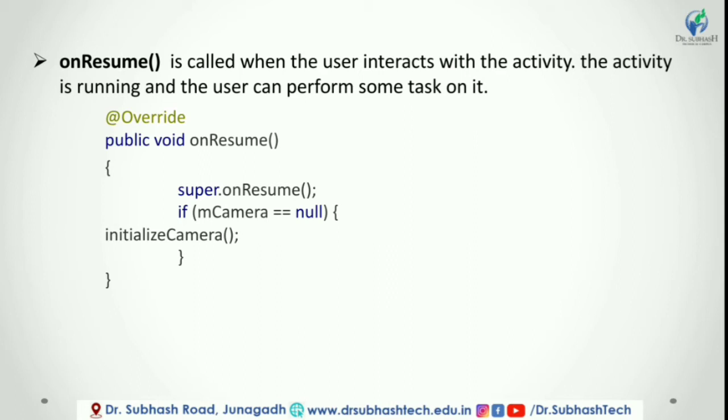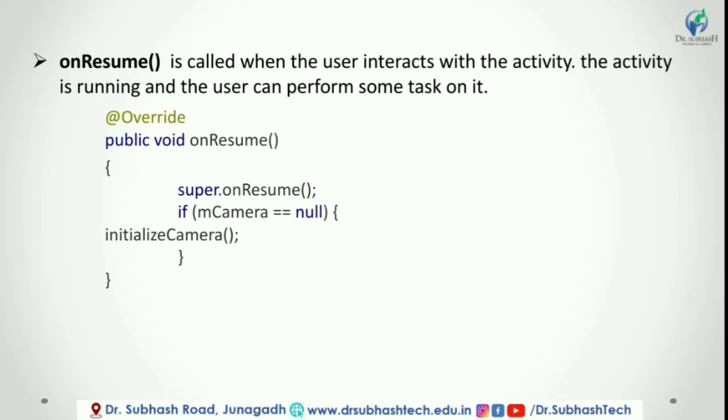Mostly the core functionality of an app is implemented in onResume method. The app will stay in this resume state until another activity happens to take focus away from the app, like getting a phone call or screen turn off, and etc. In case any interruption event happens in resume state, the activity will enter into pause state and the system will invoke onPause method.